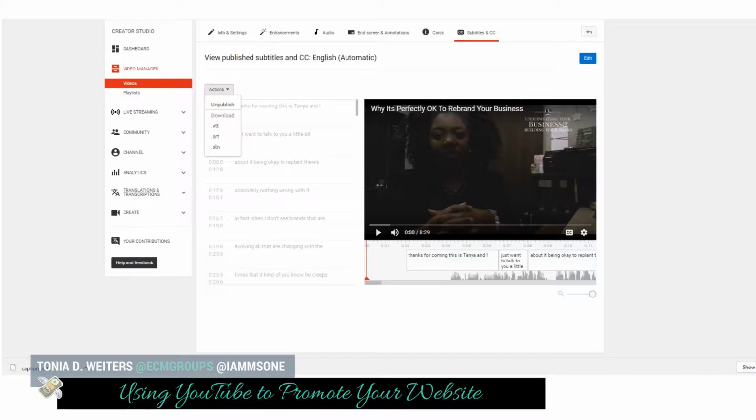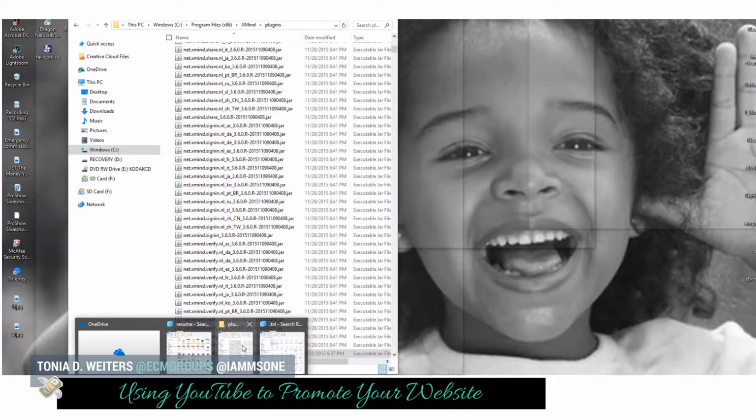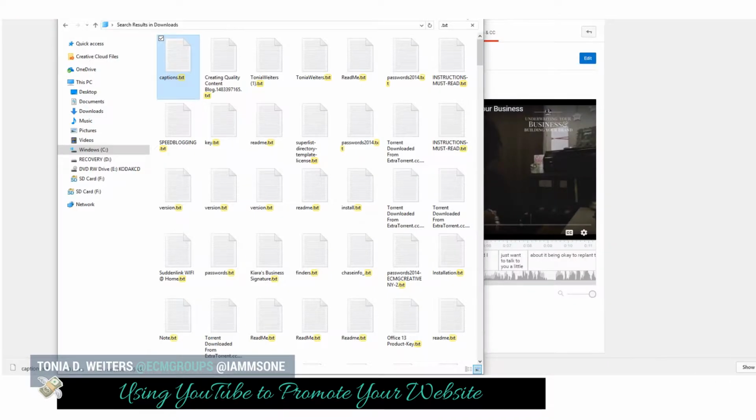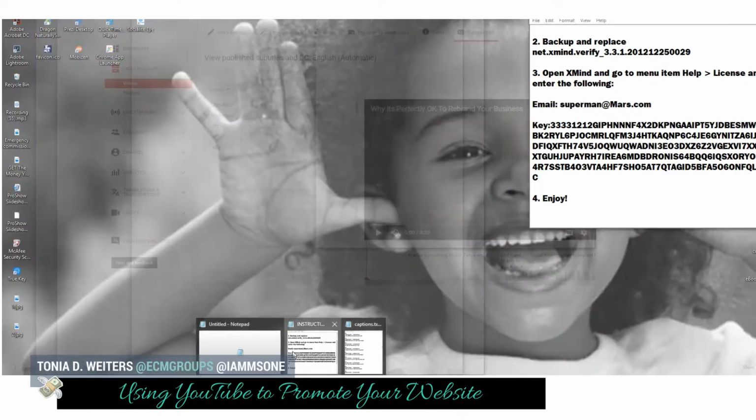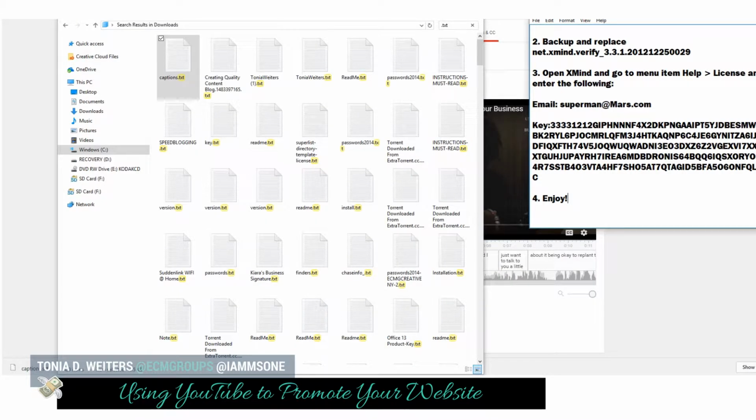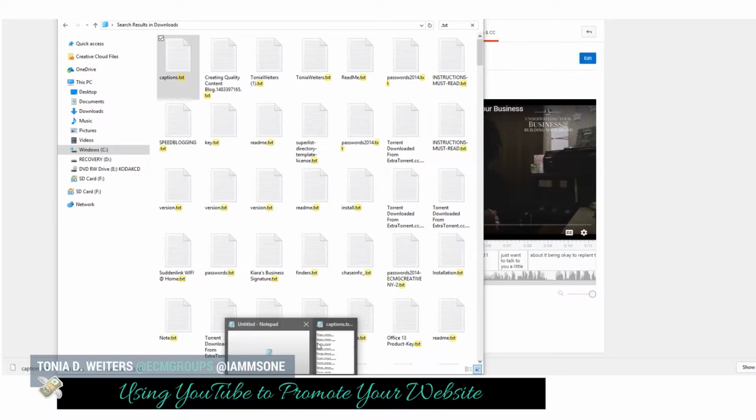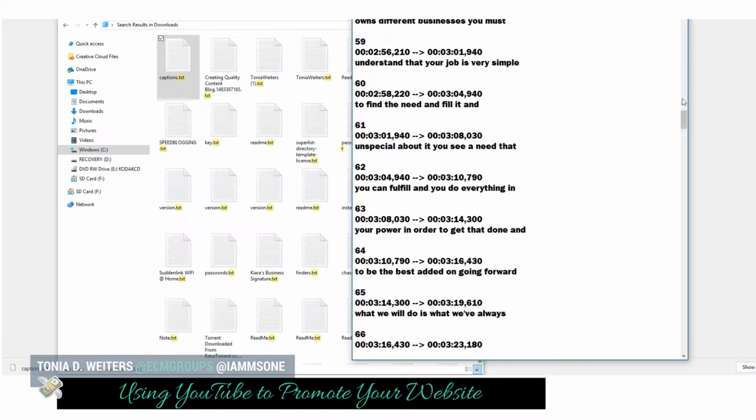And then what I did was I went into my download section and I changed the extension to text, TXT. That's the text extension file. And that will give you a file that looks like this. Okay, so basically these numbers that you see going here,